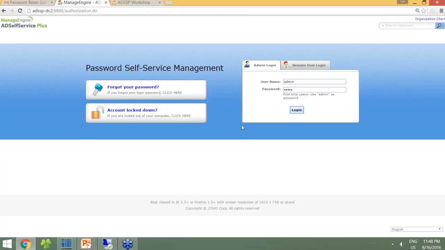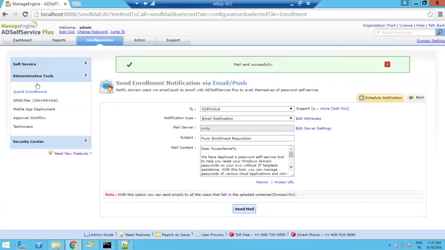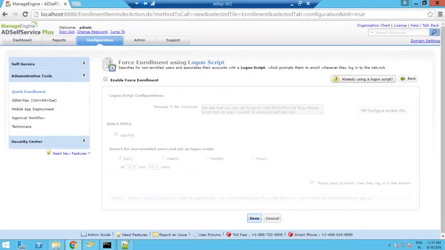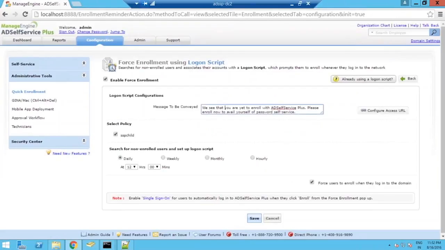Now the next one I'm going to show you is the second type of enrollment, and that is the forced enrollment. So I'll just head over to the forced enrollment method, and you can see that if I enable it, the user, when he logs into his machine, that is the non-enrolled user, if he logs into his machine, he